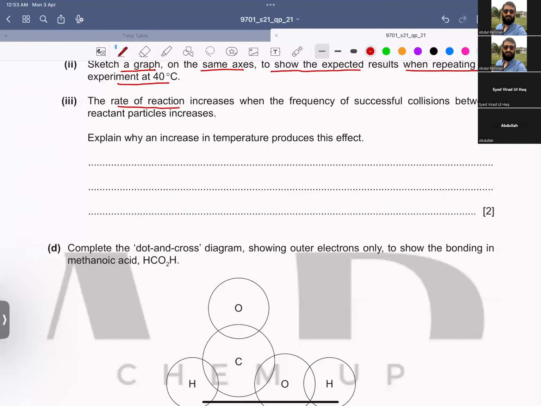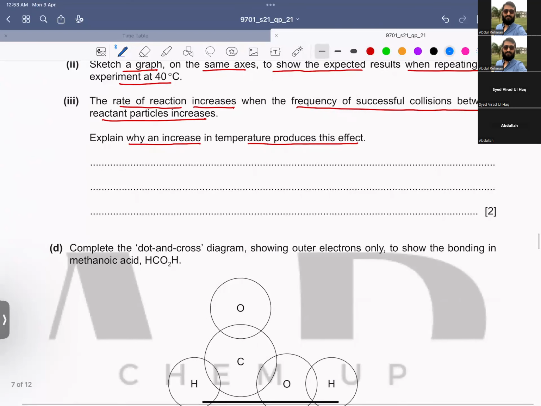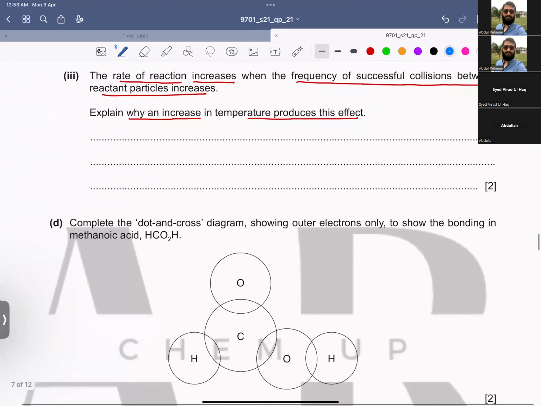part. The rate of a reaction increases when the frequency of successful collision between reactant particles increases. Explain why an increase in temperature produces this effect. So, we know when the temperature is increased, what happens to the energy of the particles? इंक्रीज कर दिया। Yes. And if this increases, then the proportion of the particles having energy equal to or greater than activation energy becomes more or greater, and that results in more successful collision, or the frequency of successful collision increases. So first I will state that